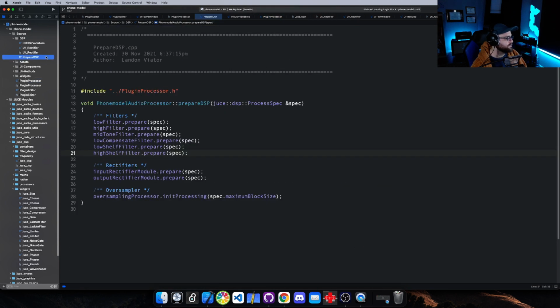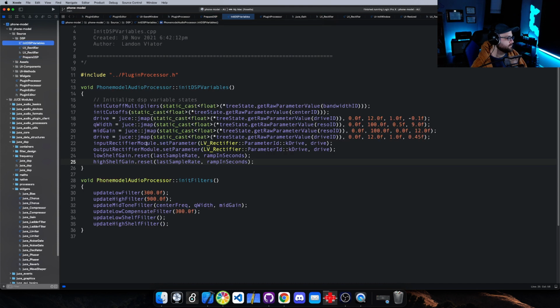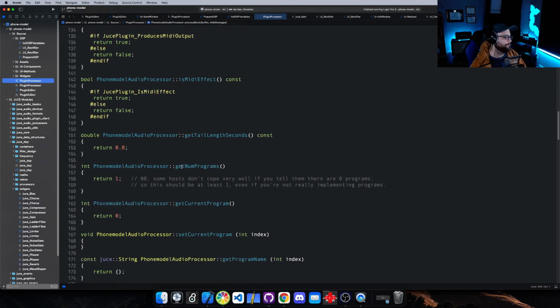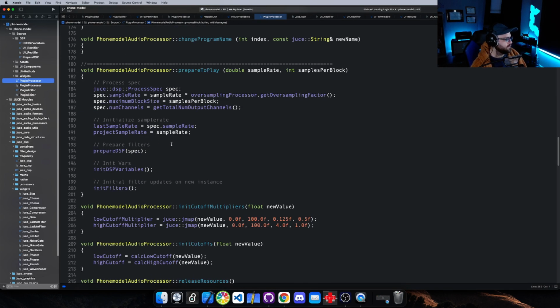And prepare DSP. Init DSP variables. Is that last? No, init filters is last, but wait,